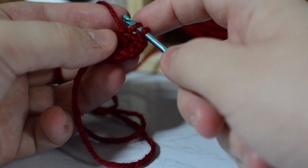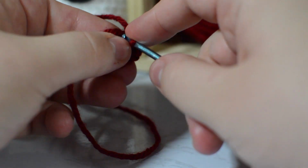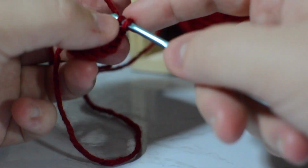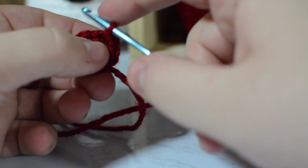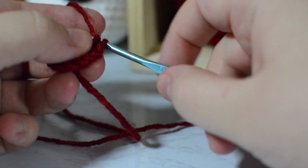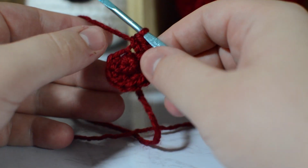7 inside that, and then we're going to go back in for our 8th stitch. So again, another 2, 9, and 10. I always count it this way, that way I don't lose track of my numbers. And then our last stitch right here, this is our 6th stitch that we were in. We're going to go 11 and 12. So now we are back and we're working on round 3, where we're going to increase again,